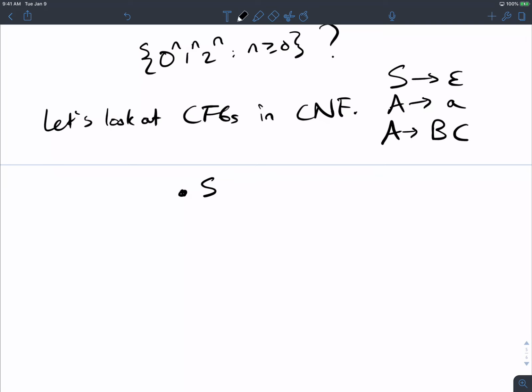For a parse tree, what are the leaves of the parse tree? Always terminals, or epsilon, but terminals, really. What are the other nodes? Take all the leaves away, just ignore those. What is left? Variables. So let's imagine that we're going to make a tree without the leaves on it. So no terminals, only variables.